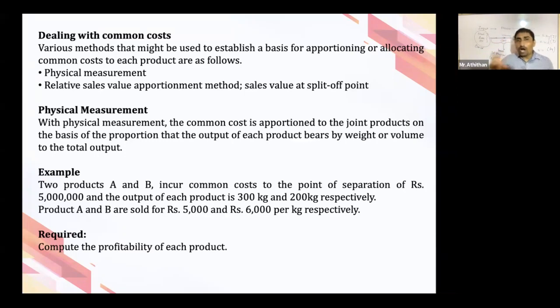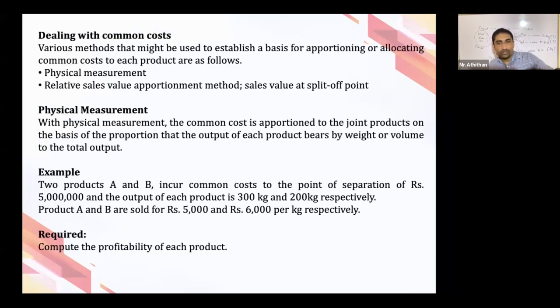So we are measuring how many units of total output, how many units of byproduct, how many units of joint product A, how many units of joint product B, right? Based on the unit, we are ignoring the value, right? For example, two products A and B incur common cost to the point of separation of rupees 5 million, and the output of each product is 300 kilogram and 200 kilogram respectively. Product A and product B are sold for 5,000 and 6,000 per kilogram respectively. Compute the profitability of each product,